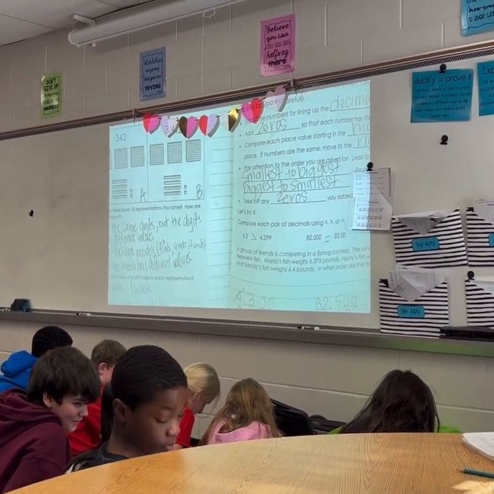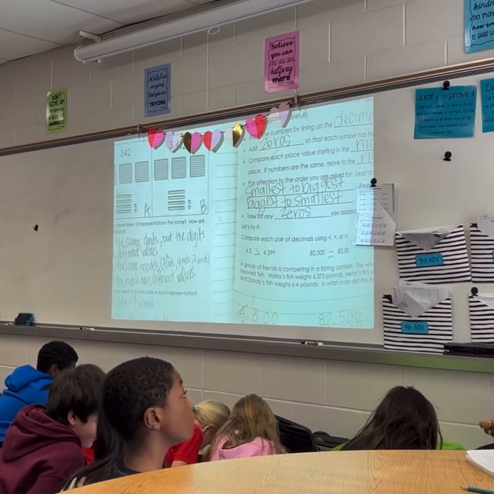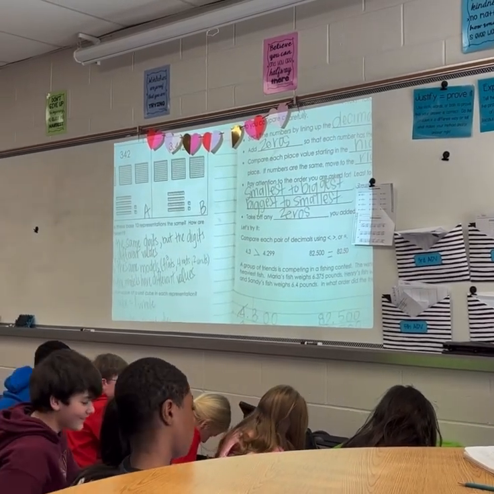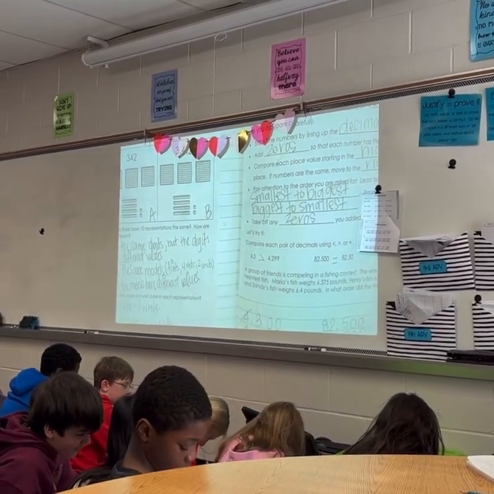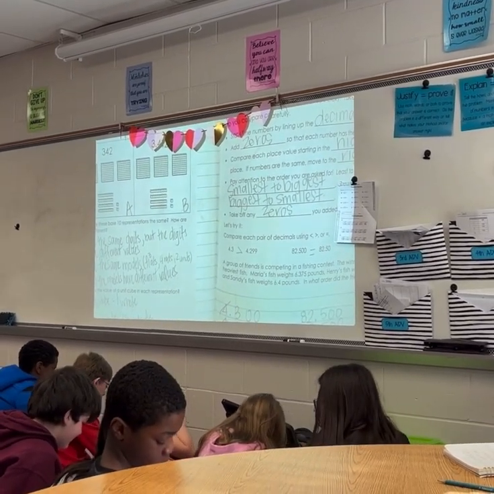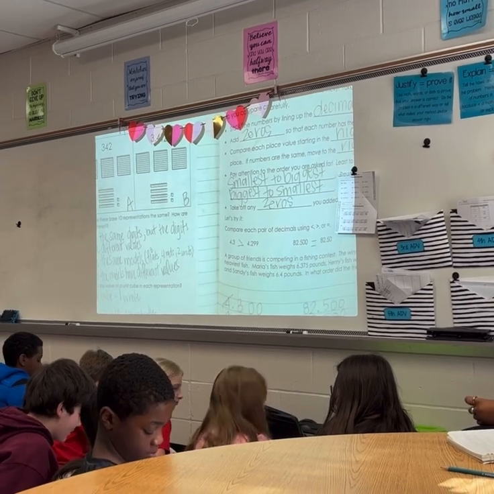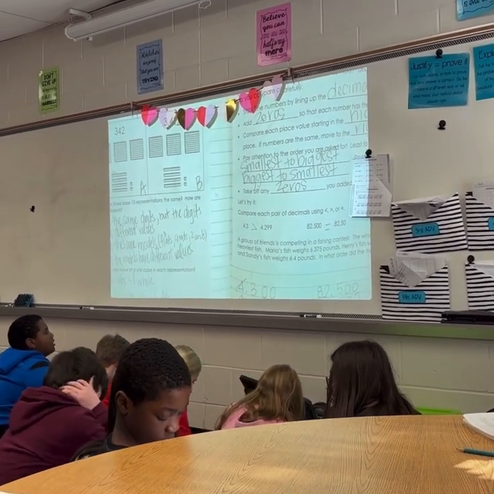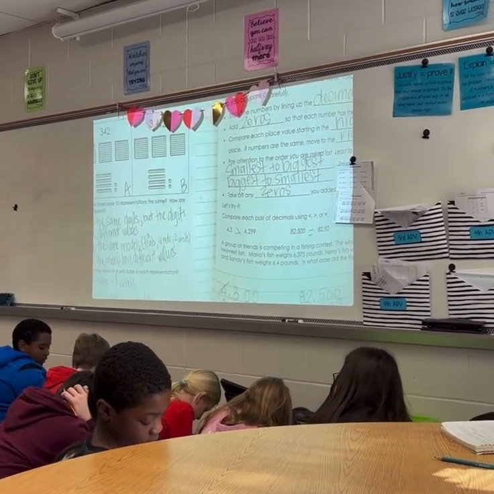I circled the, I don't know if you can do this one, I circled the different